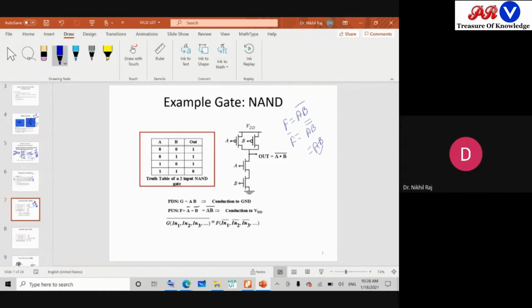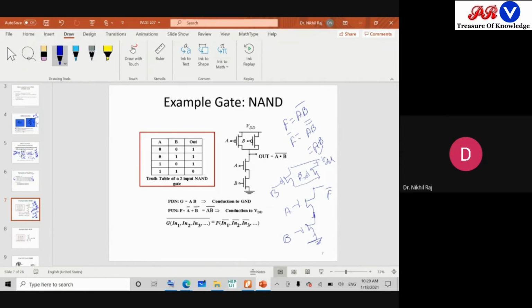This means there will be two NMOS transistors used in series. Let's say this is A and this is B. This is your F complement, and we have to connect it to ground. So this is your pull down network. Now coming to the pull up network, there will be duality. This means two transistors A and B will be there, and both will be connected to supply VDD. Since there is a dot here, it will be an OR operation. OR operation means parallel connection, and then connected to the output. So this creates your CMOS logic.